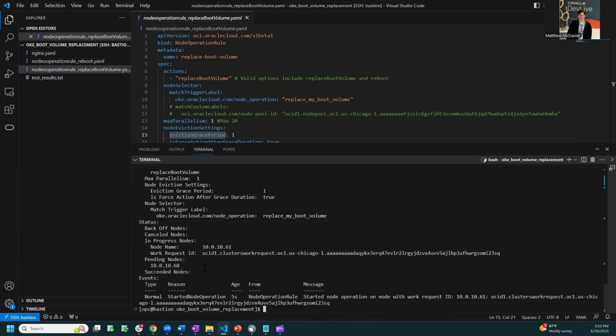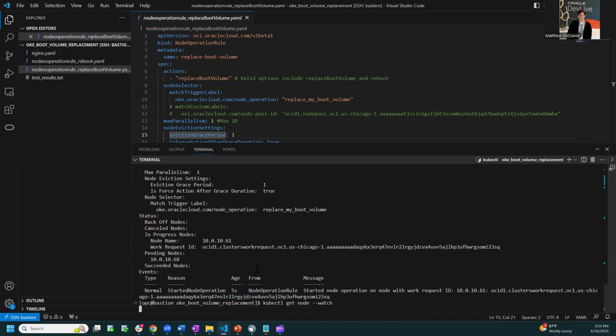Right? I went back and described the node operation rule, and we can see in the events here, 5 seconds ago, started node operation on node with work request ID. And it'll give us the OCI work request for this particular operation. So if I go ahead and run kubectl get nodes,